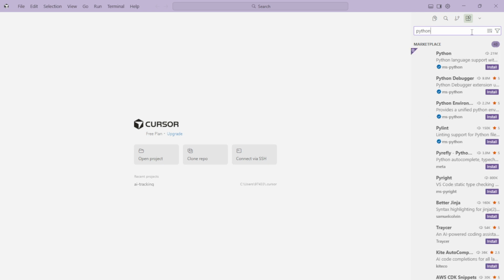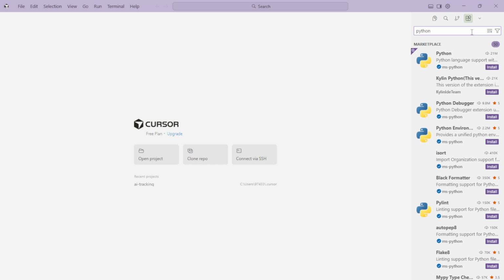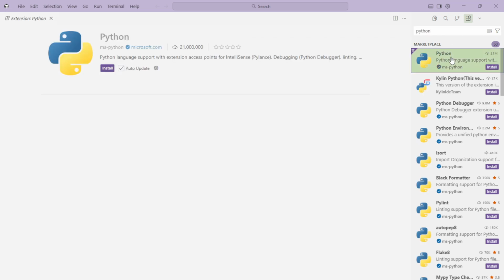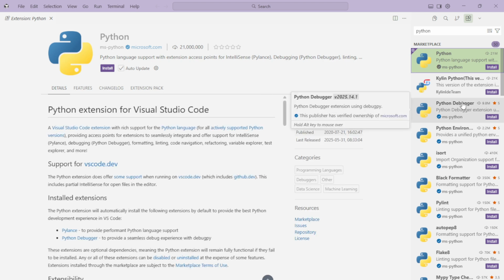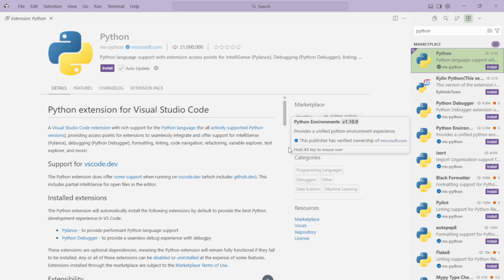Next, we'll install the Python extension. Look to the sidebar and click the apps icon to open the extensions view. If you prefer menus, you can also go to View, then Extensions. In the search bar, type Python. You'll see several results, but make sure to select the official Python extension published by Microsoft. Click Install. This is the core add-on that gives you IntelliSense, also code formatting, linting, debugging, notebook support, and a